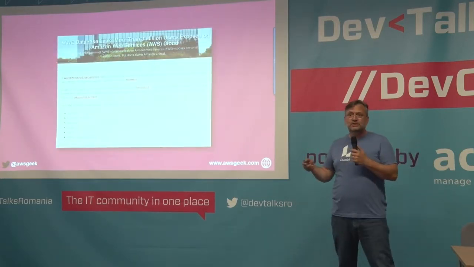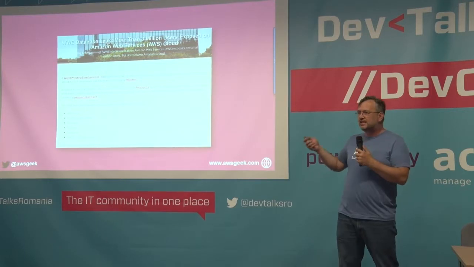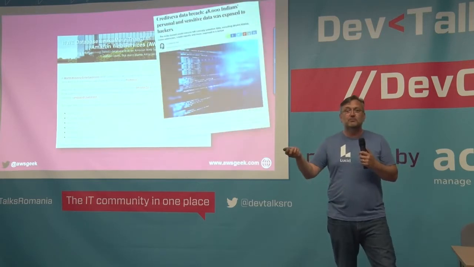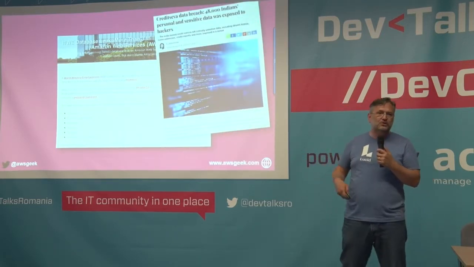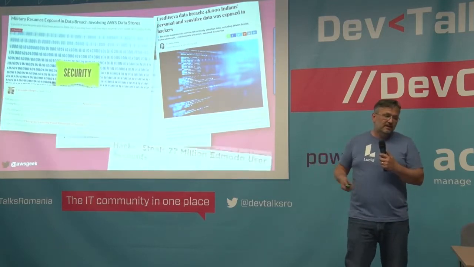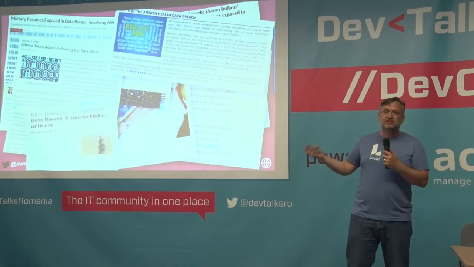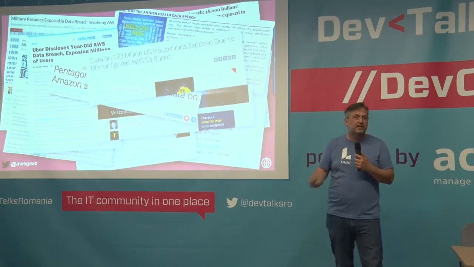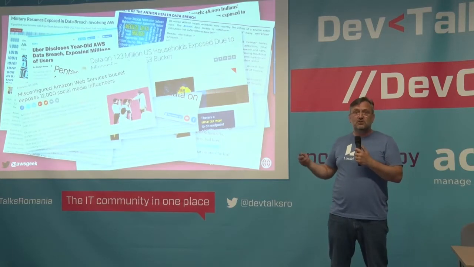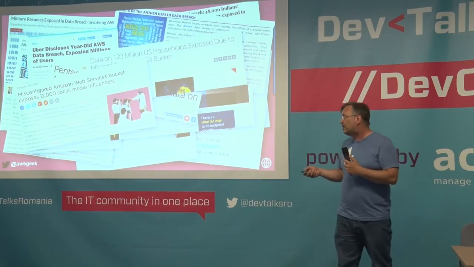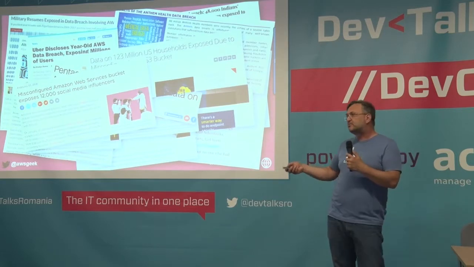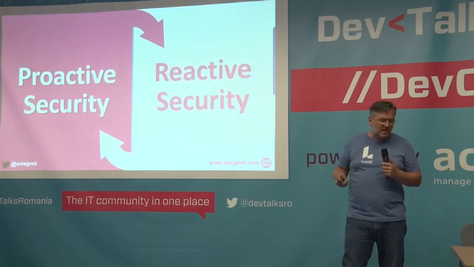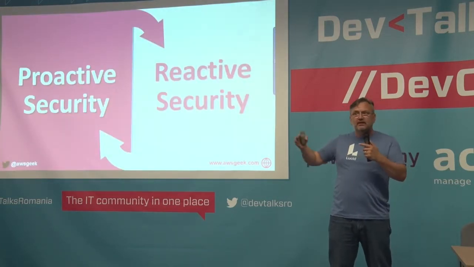Some other news, if you watch AWS news or just tech news in general, you may have seen some of these types of stories in the last year. S3 buckets being left exposed or left public, and company assets, company secrets, customer information being exposed. These are just a couple of the news stories just over the last 12 months. It's something that happens all of the time, and this is one of the things that I want to talk a little bit about today, and some of the best practices on how to solve that. So before I get into that, I want to pare down the problem again just a little bit more,